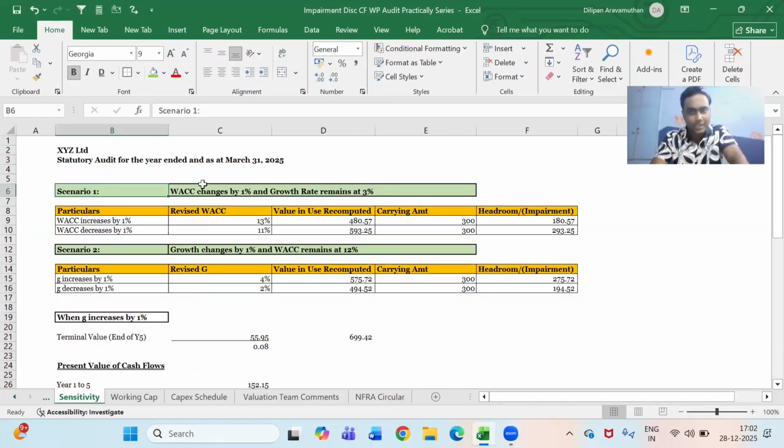So in the first scenario, I'll explain to you number by number how we do this, and you'll be able to do the same for the other two scenarios. And in case you have a doubt, do reach out to me. I'll clarify how it is done, and you also have the Excel with you. You can have a look into it. So in the first scenario, we are assuming that